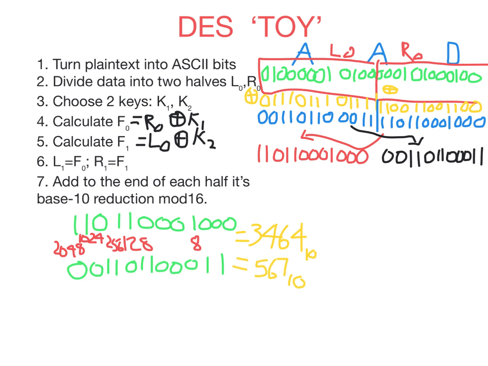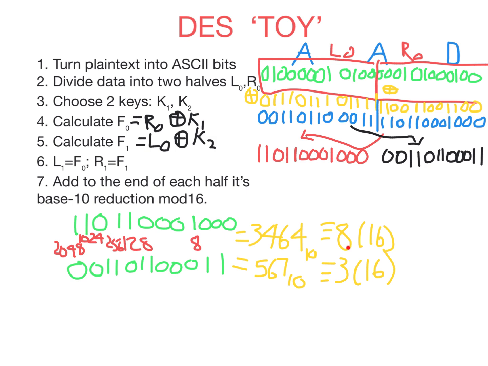We are going to reduce each of these modulo 16. So it turns out we've got 8 and 3 respectively. So what we want to do is add 8 and 3 onto the end. We're going to add them in binary, but we're going to use 4 bits, because if I use 4 bits in this half and 4 bits in that half, I've added 8 bits. It's like an extra letter being added, and that makes it a little harder for someone to decrypt if they've